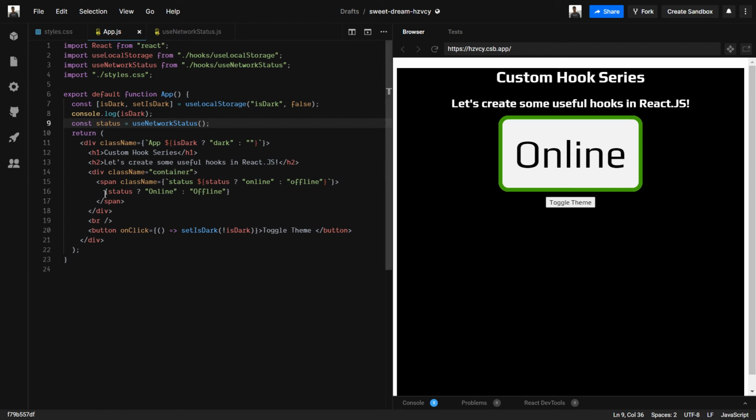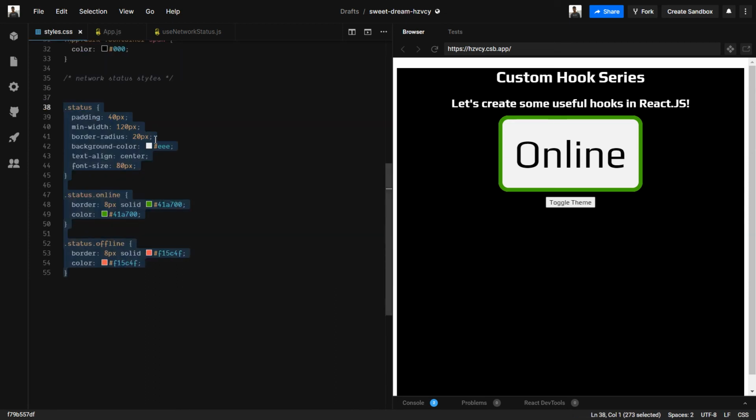We are checking if the status is true, then show online, else show offline. Similarly, I have added this style of status. If the status is true, then I am adding the online class, else I am adding the offline class. So in the style.css, I have the combination of status.online and status.offline to just change the border of the span.